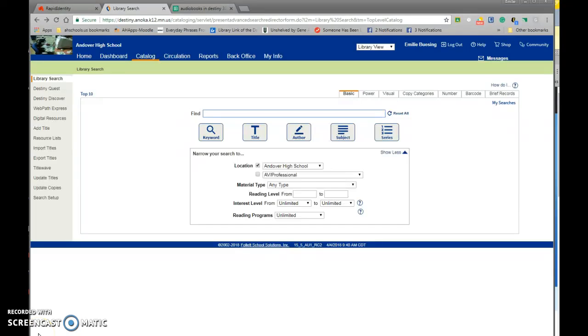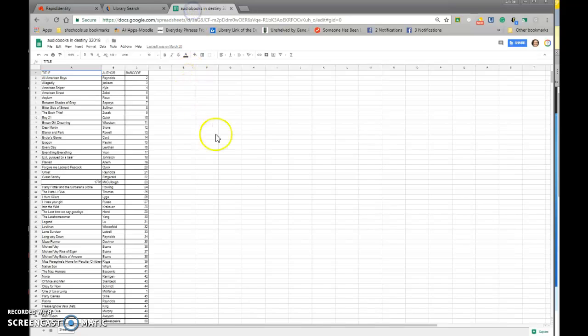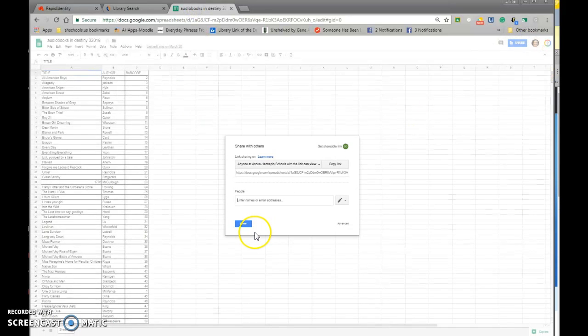This is how you can put in the barcodes for any of the audiobooks that I have already downloaded for us. The first thing I did, and I believe I shared it with you, but I will share it with you again right now,